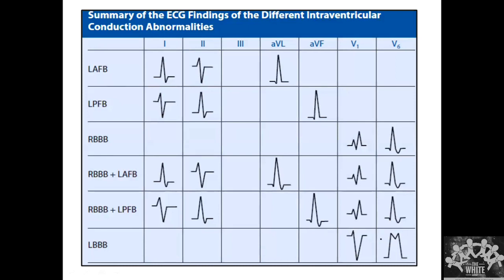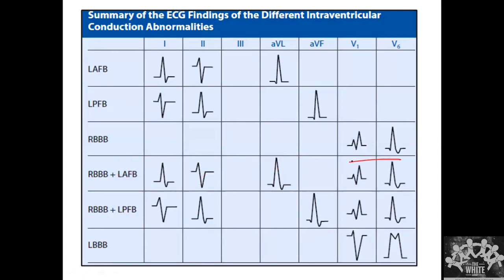The next thing is, in right bundle branch block with left anterior fascicular block, we saw there is a left axis deviation. Lead 1 is positive, AVF is negative. The maximum deflection is going to be in AVL. The R wave will be maximum in AVL, and the lead 3 S wave will be more than the lead 2 S wave. Always remember, when you call it pathological, it should be a pathological axis deviation. It should be minus 45 degrees or beyond for a left anterior fascicular block.